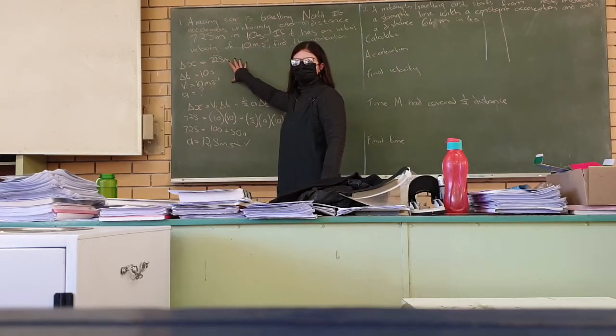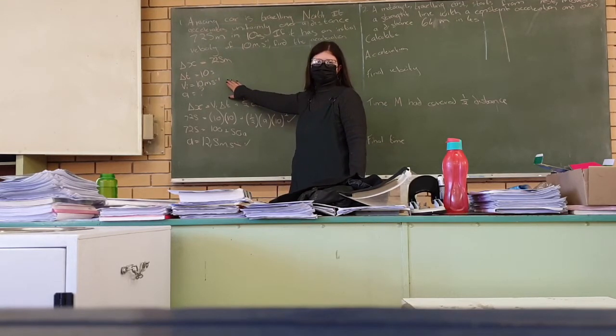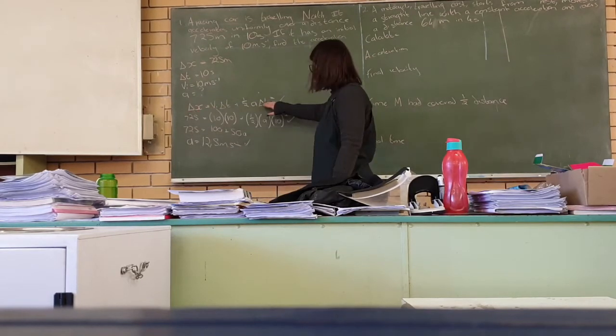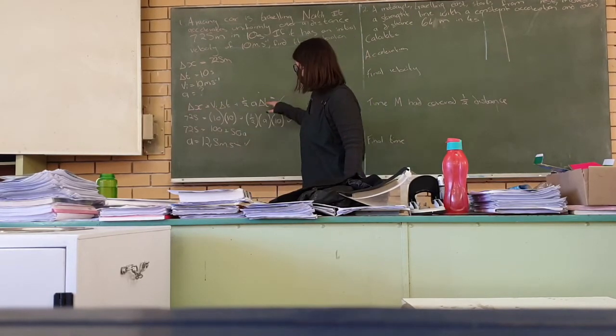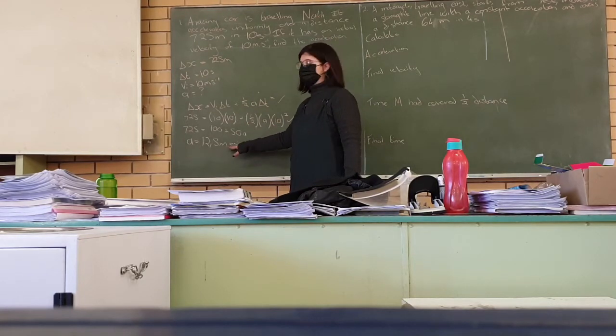Sum that they gave me. Okay, so they gave me distance, I wrote it down. They gave me time, I wrote it down. They gave me my initial velocity, so I wrote it down. I then wanted to calculate acceleration, so I looked at my formula sheet, and I got that formula. Alright, I then substitute my values into that formula and solve for A, using my units, meters per second to